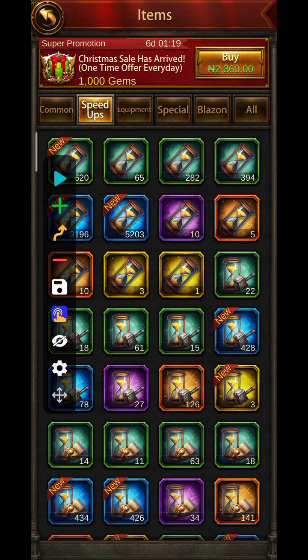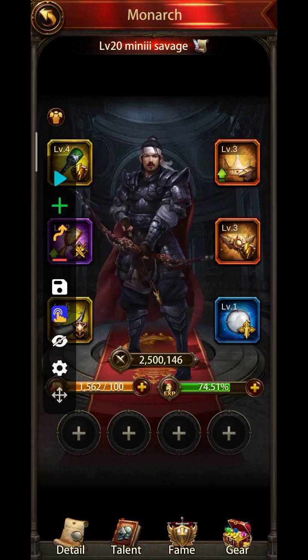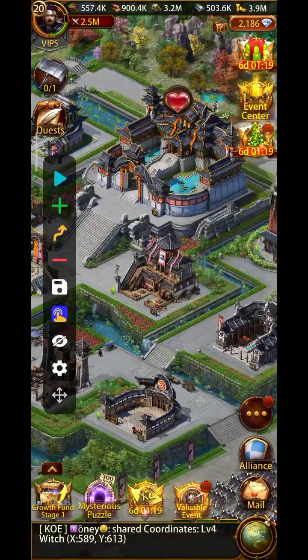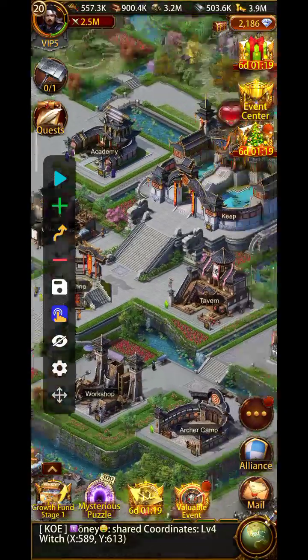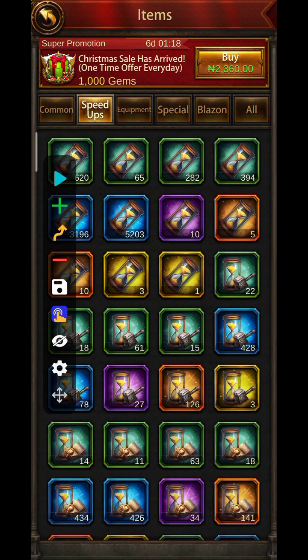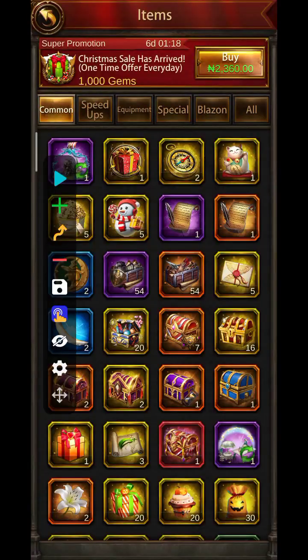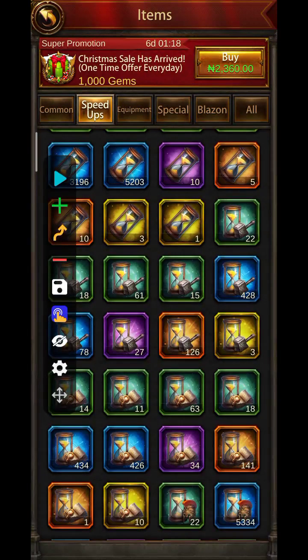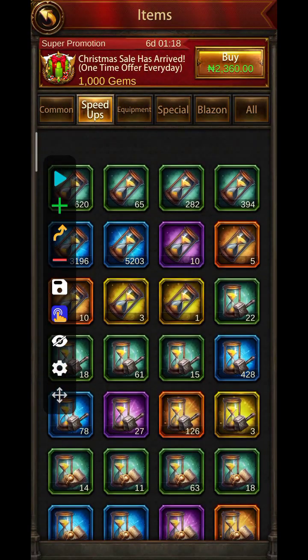Right here on server 548, one of my alternate accounts, and today I want to show you guys how to get extra free RSS on your alternate accounts. So like we all know about consuming return,